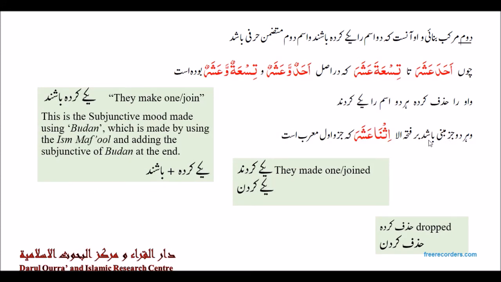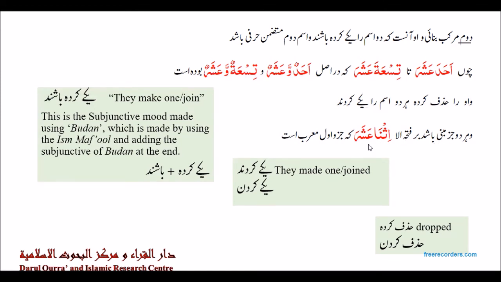And what are they mabni upon? He says bar fatha, on fatha. So both parts are mabni on fatha. So concerning numbers 11 until numbers 19, all of these are Murakkab Binai, and in all of these, the second part is mabni upon fatha. He says, illa, except ithna ashara, except the number 12. Number 12 is an exception to this rule of both parts being mabni.